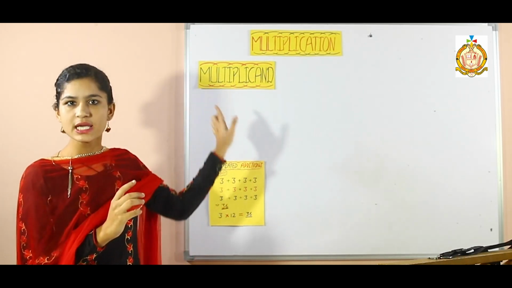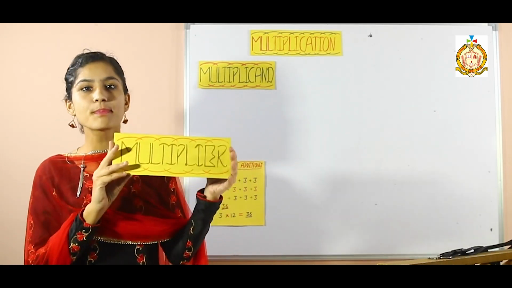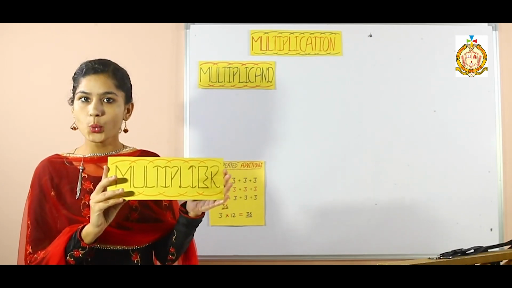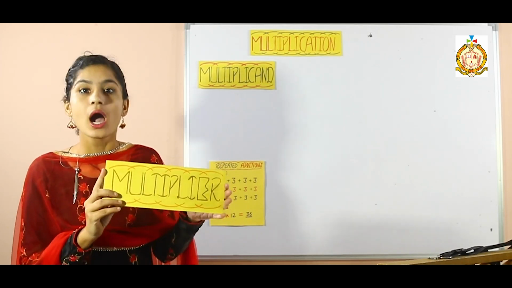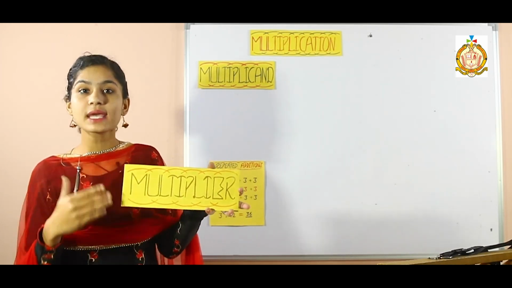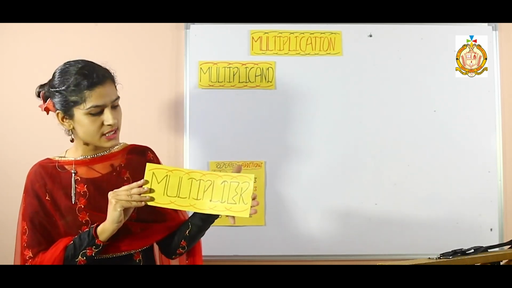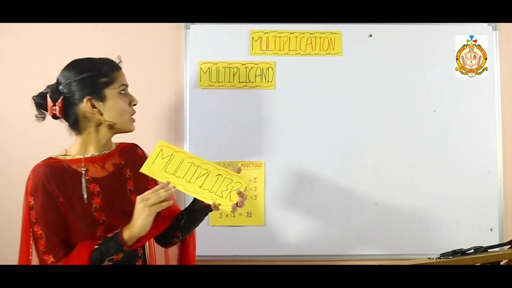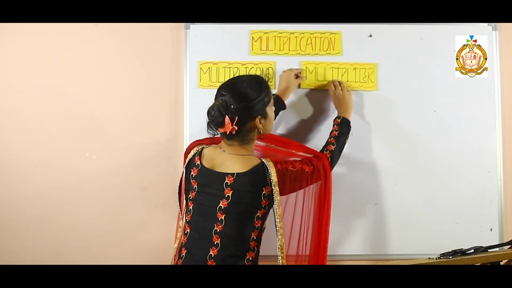First one is multiplicand. Now the second one is multiplier. Now what is multiplier? The number with which we multiply is known as multiplier. The number with which we have to multiply our number, what will we call that number? Multiplier. So another part of multiplication is